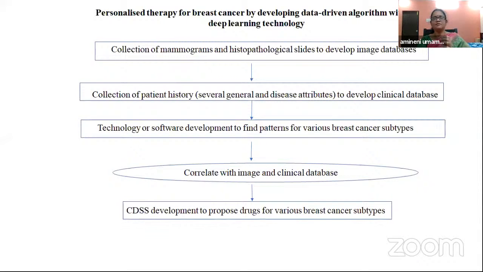So our aim is to predict wherever the patterns are present. Are there separate patterns for each thing, or will a common pattern be present in some groups? For that reason, we are planning to identify the patterns for different cancers, breast cancers only. So if we have images, and from these images we have patterns, and from this, why we